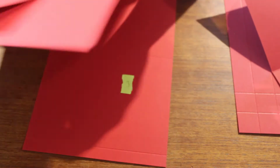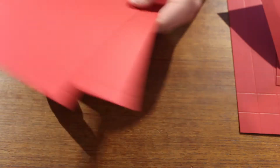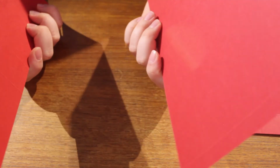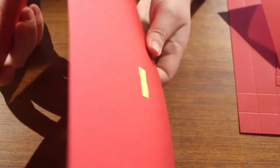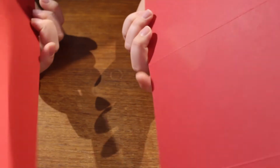Yeah, number 3 and 4. Let's see here. And that's still the lid. I will wait with the lid for a while. 3 and 4. And these are those that are called elephant ears in my first video. The things that are folded out, and these are the bigger elephant ears or wings, or what you should